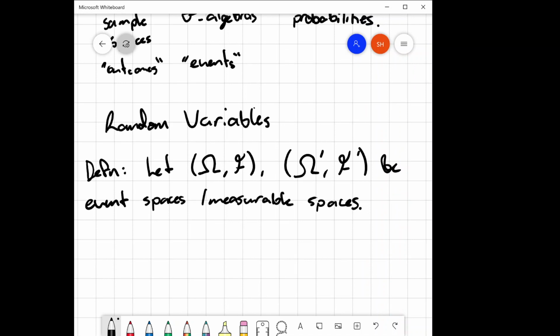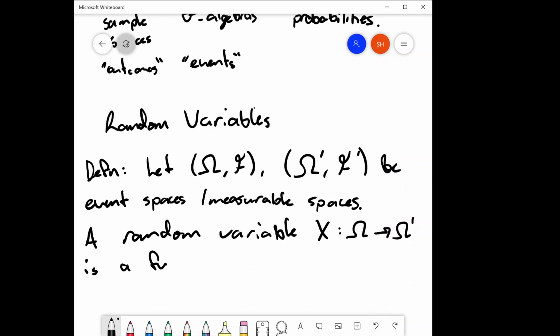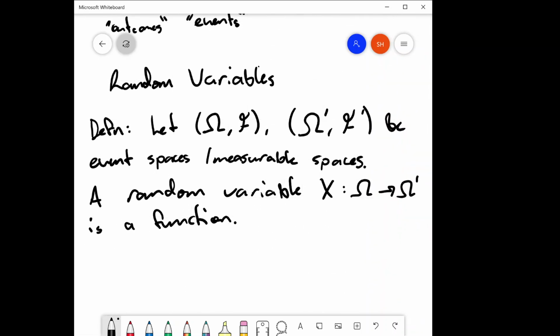A random variable X from Ω to Ω' is a function, and as I mentioned, we need to take into consideration sigma algebras